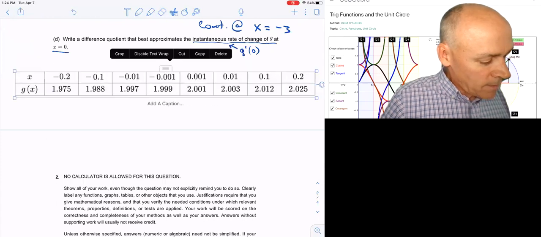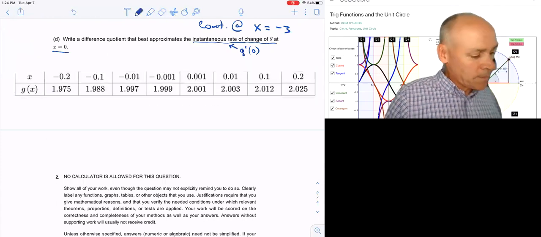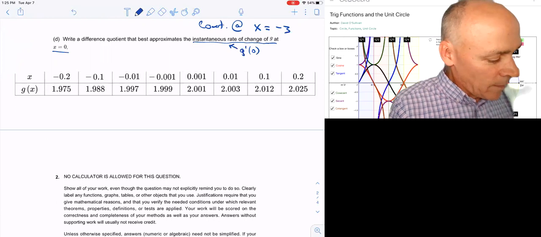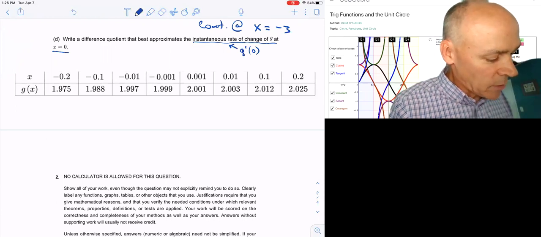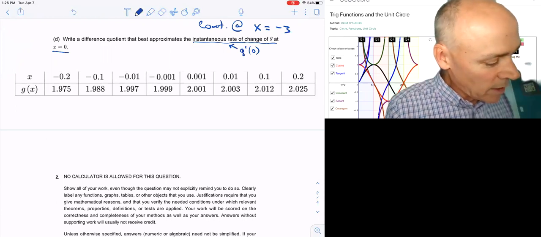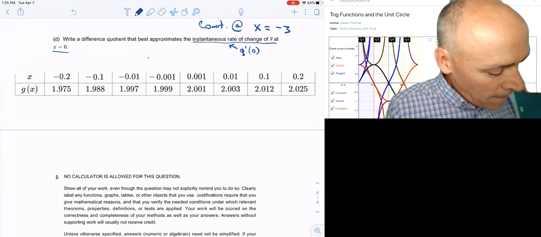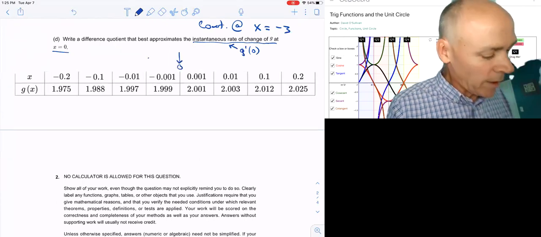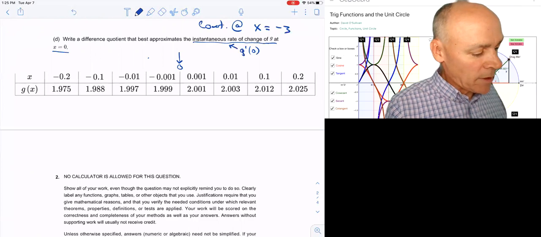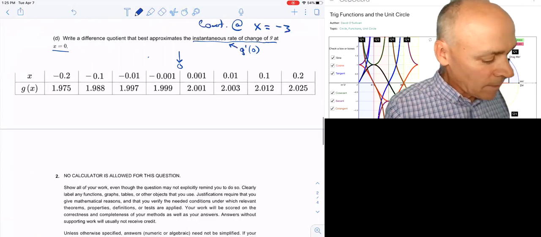There it is. Okay. And if I want the best approximation at x equals 0, which is going to be at this point right here, my difference quotient is basically just going to be